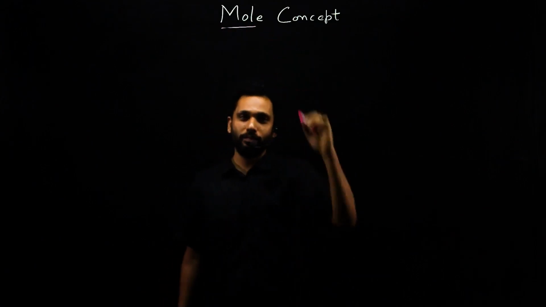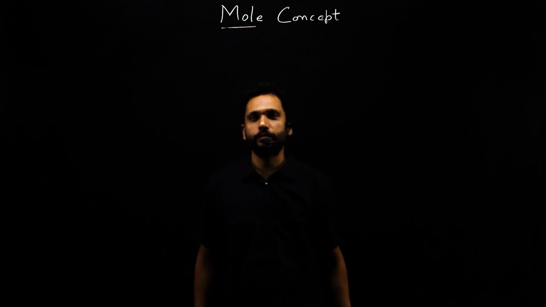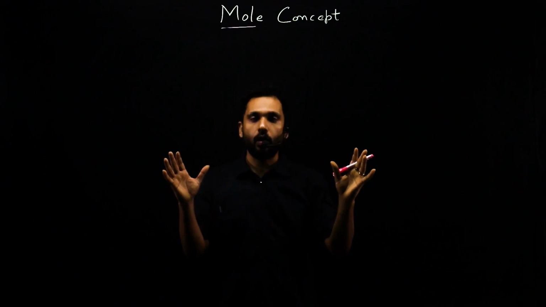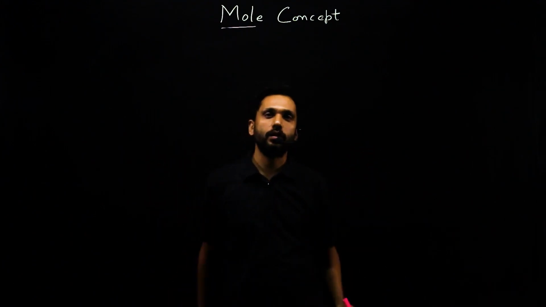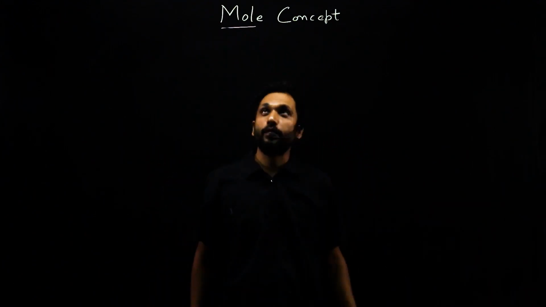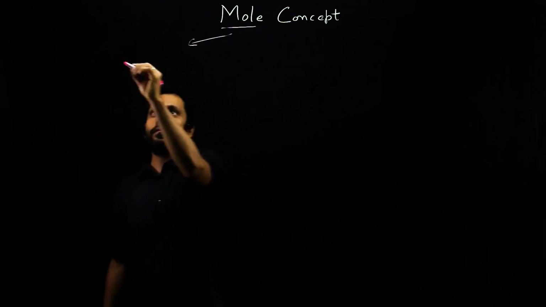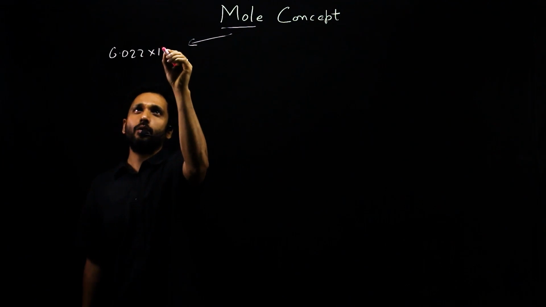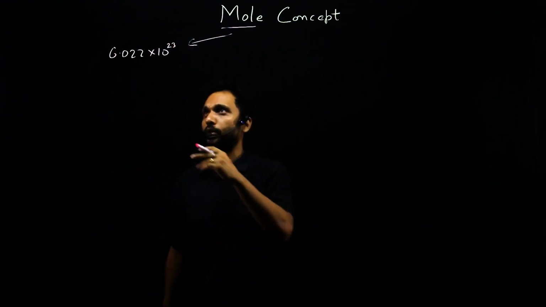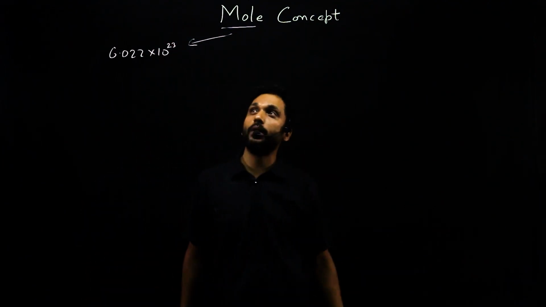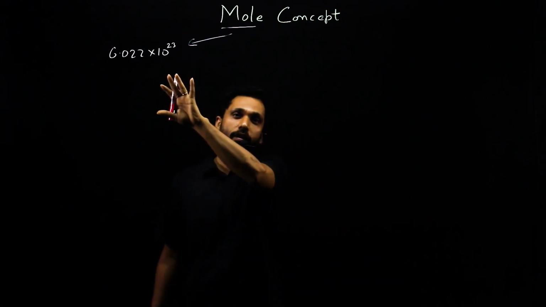What do you mean by a mole? So what we have done over here is we have a very huge collection of atoms or molecules, which is called a mole of them. It's a very huge collection which you can't use to specify any other object. 6.022 something into 10 power 23. Those many of anything is called 1 mole.